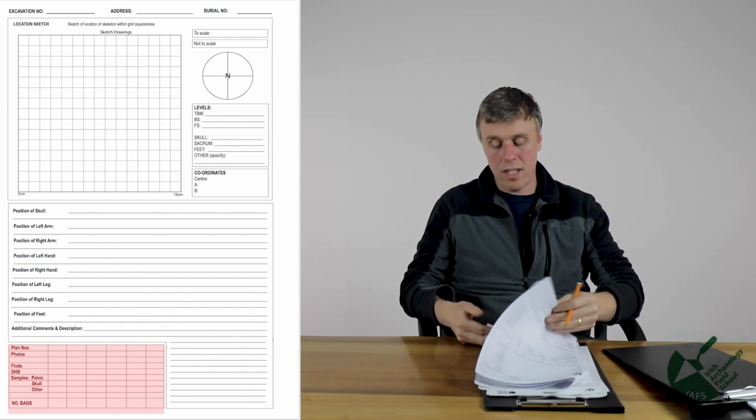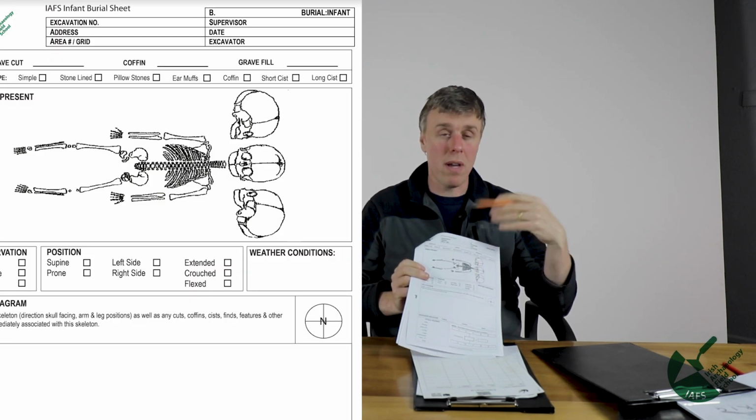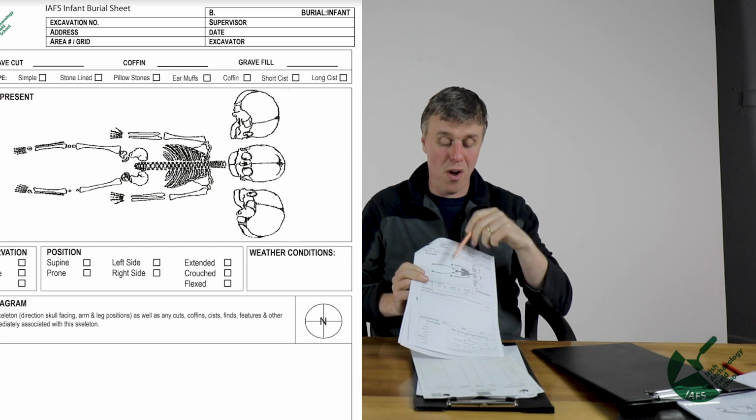The other burial sheets, including the juvenile and the infant, are pretty much identical. They've just got different images on them, like this. Because obviously the bones are different. Some may not have fused, and obviously they're on an entirely different scale. So they are the burial sheets. We do not tend to put the burials into the archaeological matrix on cut and fill sheets as feature numbers, obviously, because they're individuals. So we will write them in slightly differently. But other than that, most of the recording that goes on a burial sheet, other than the presentation of the bones, the information on the bones, is very similar to the cut and fill sheet.